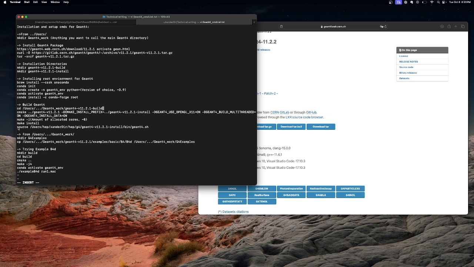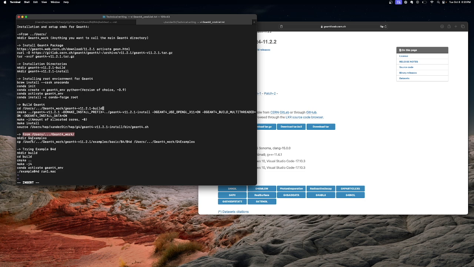And then after that, you need to source this geant4.sh. So this is just sort of a setup file for Geant. So it just understands, essentially you're updating and telling it, okay, this is what I've done, and I'm ready to move forward. And so from this Geant4 work directory that you had created, you want to make a new directory,